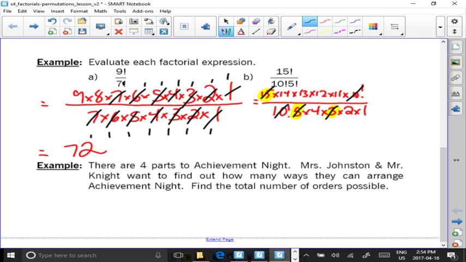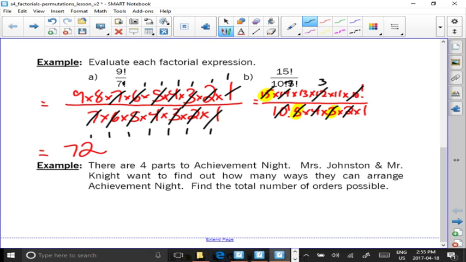Then what else can we cross out? Well, it's not going to be quite as pretty there because I can take this 4 and cross it out because it goes evenly 3 times into 12. I don't have to cross out the 1 on the bottom, but I do need to cross out the 2. The 2 goes into 14 7 times. So on top, I'm left with 7 times 13 times 3 times 11, which would be 91 times